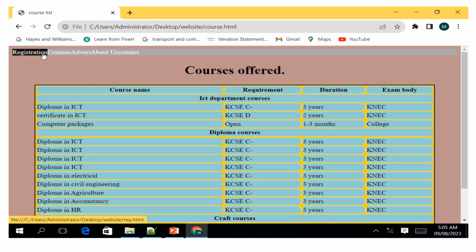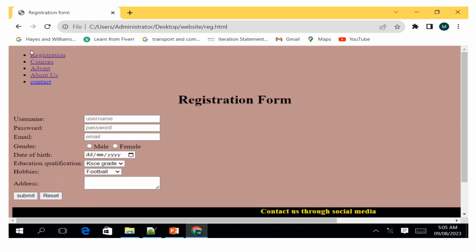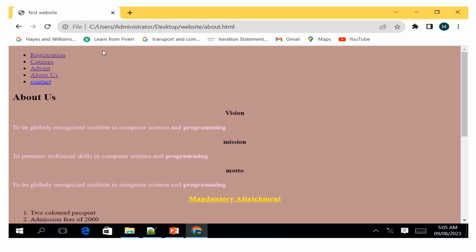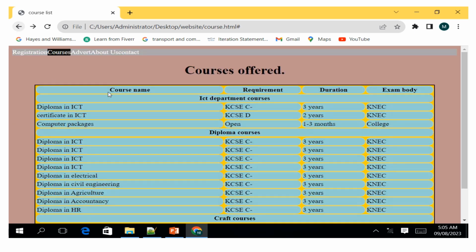So you can see they are nice looking here. So whereby you can click on that. Then you can contact there. About us is still there also. And that is how we can design this link to a nice looking